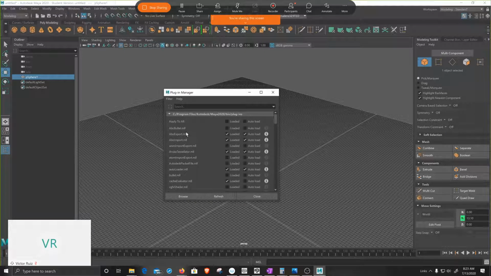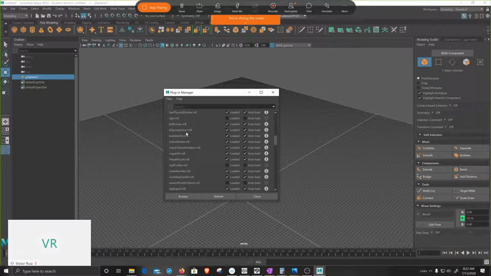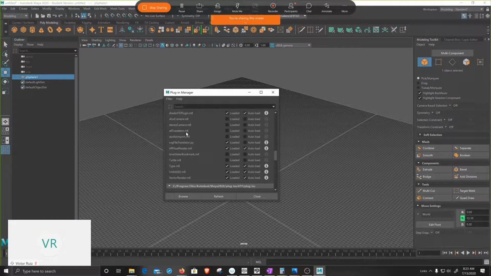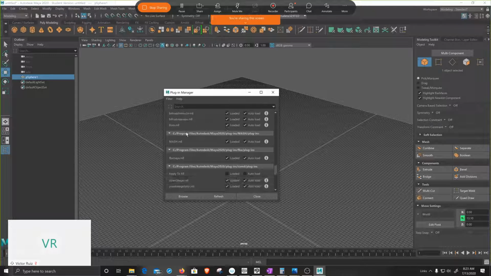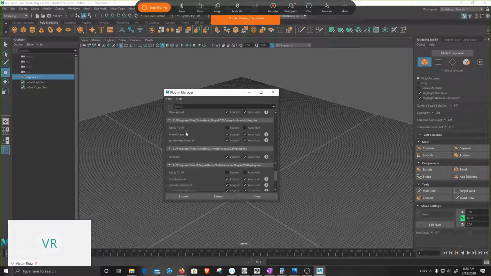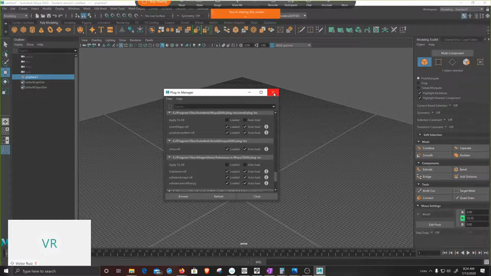So in here, you have to look for, I think it's under algorithmic or substance. But for smash, where is it? Maya to Arnold. Oh, there it is. So it's under Algorithmic. You just turn on all these plugins in here. You turn them on, and autoload will turn them on in the top menu right away. So once you have that turned on,